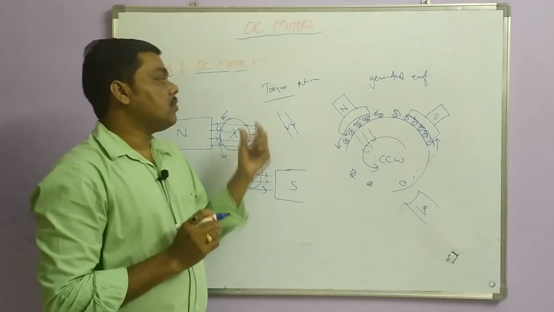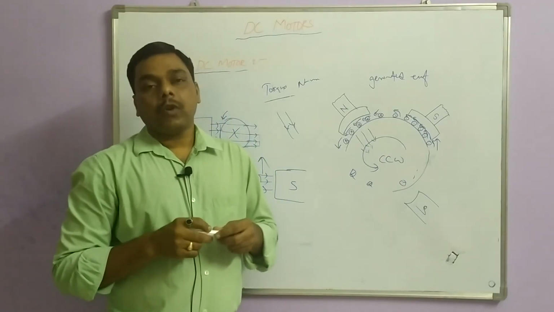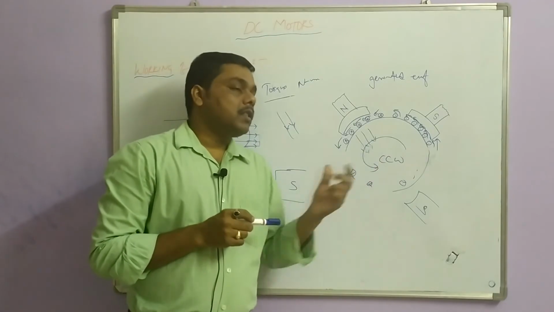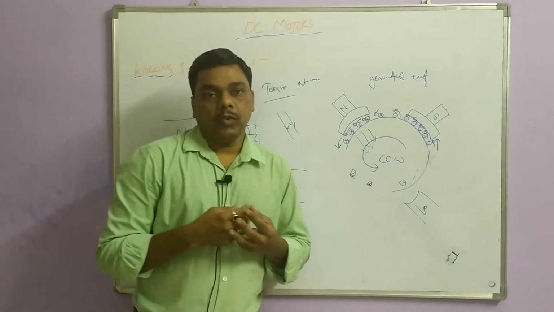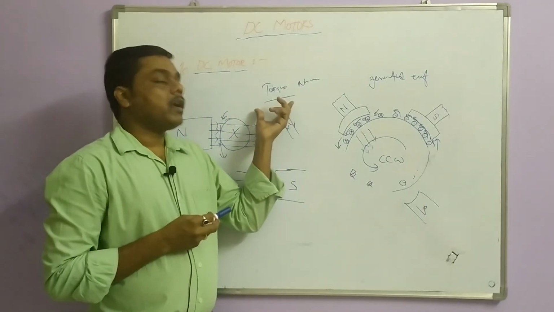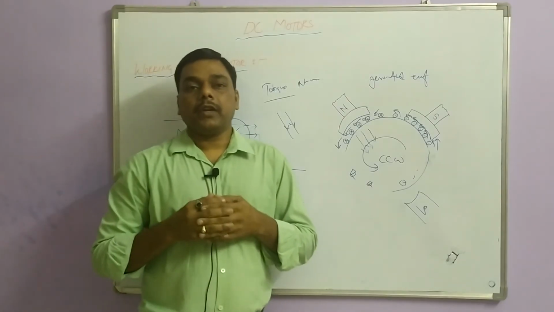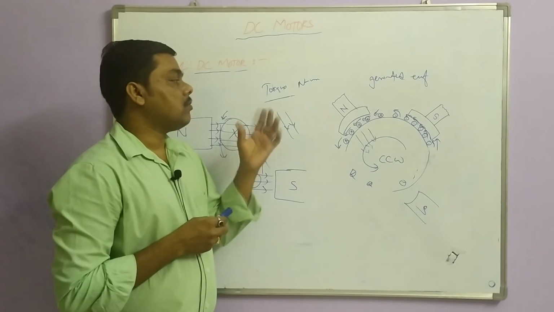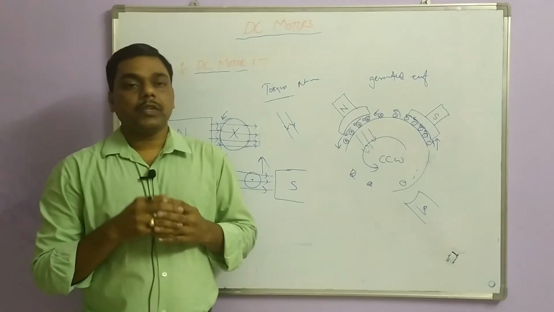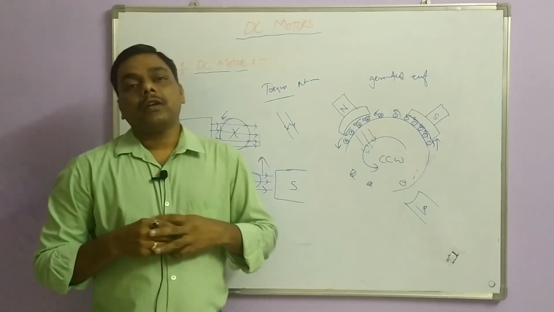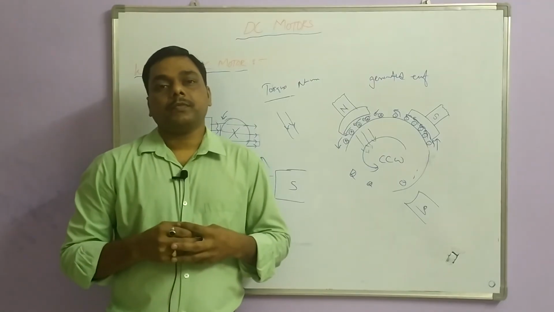This torque determines the capacity of the DC motor, and at what speed it will run with respect to the efficiency. At load conditions, the torque, armature current, and speed characteristics are studied. We will discuss them later, but the output of a DC motor is related to a torque parameter. So it is necessary to study the torque parameter and its characteristics in the next classes.